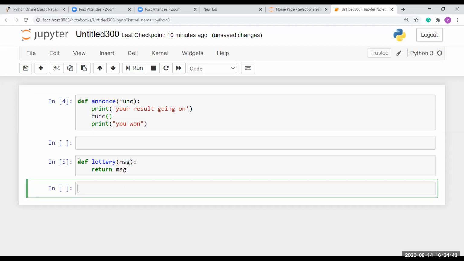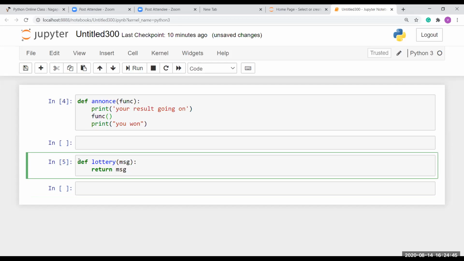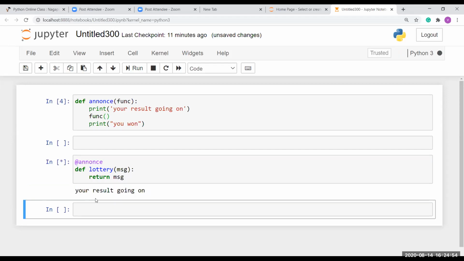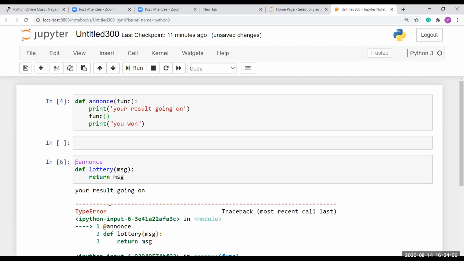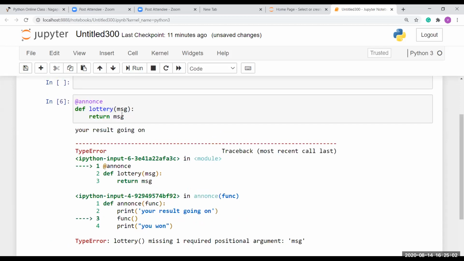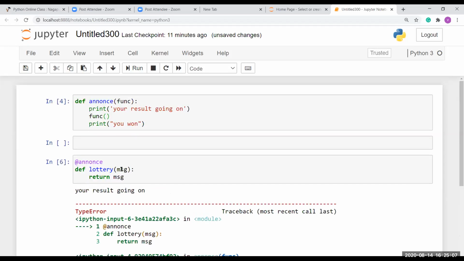So now you need to give a symbol and the unknowns function name. Okay, so your result is going on and it gives an error, because we need to pass the value here, right?